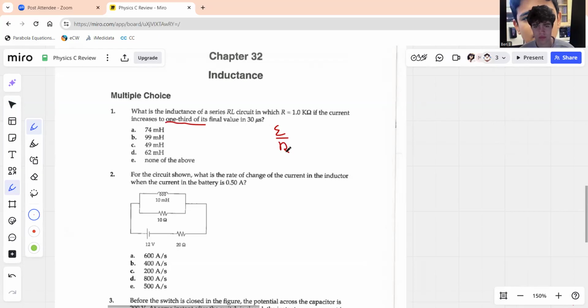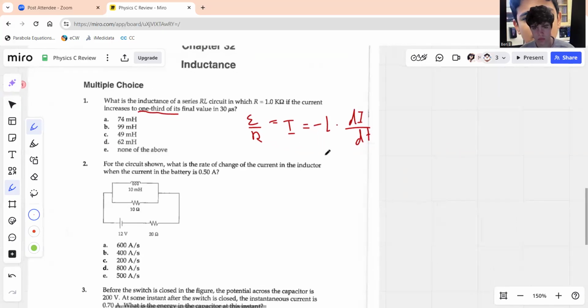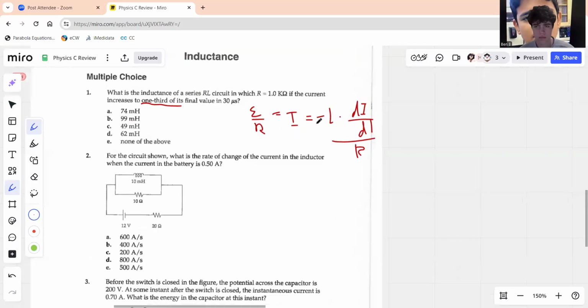So E over R equals... I equals negative L times DI. So it's, wait, approximately what? Wouldn't it be negative L times DI/DT over R? Yes, my fault. Okay, so essentially what we're going to do is